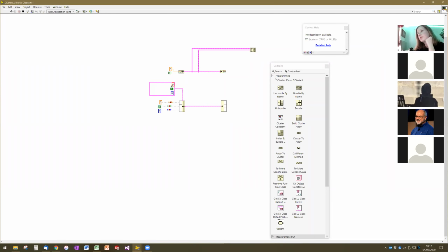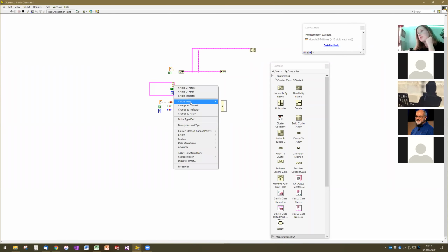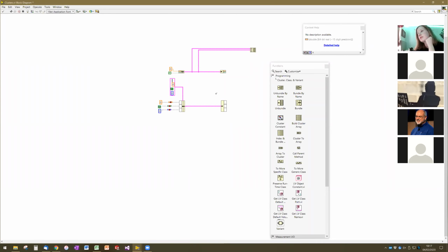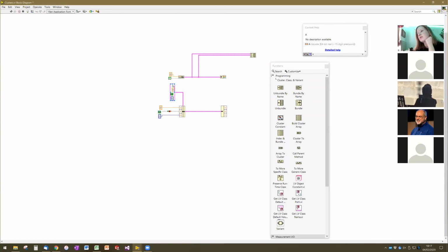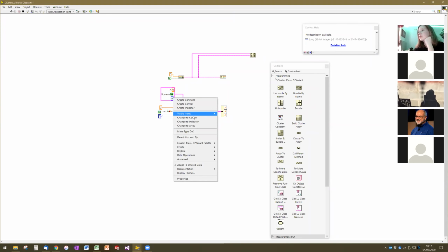Then you do the next weird thing, which is you right-click on each of these, and you add a label. So we'll call this one A. We'll call it Boolean. And we'll call this one